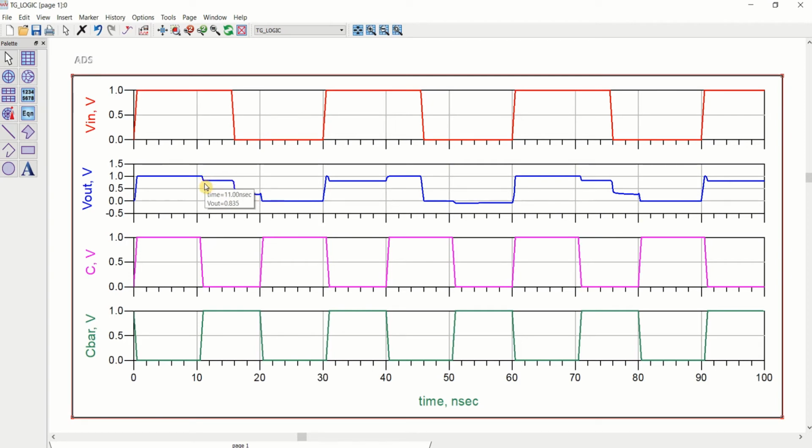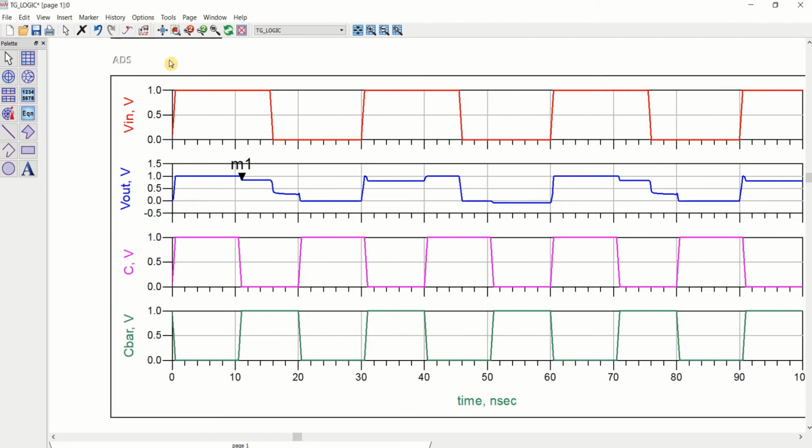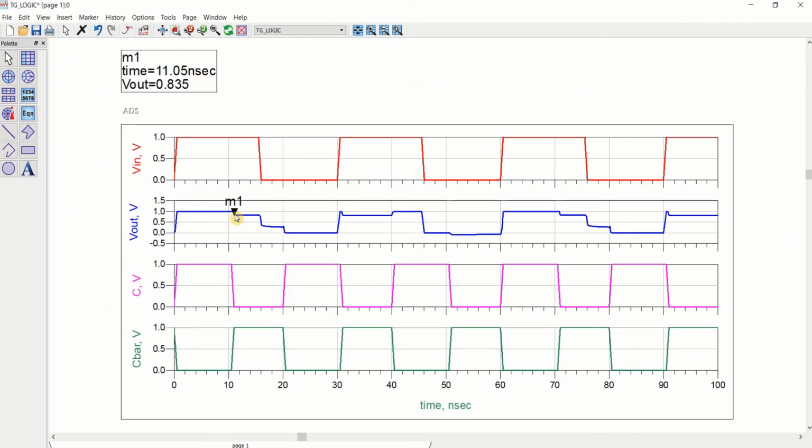So this in-between state, from this point, I'll keep the marker, from this point to this point, this is nothing but the in-between value.